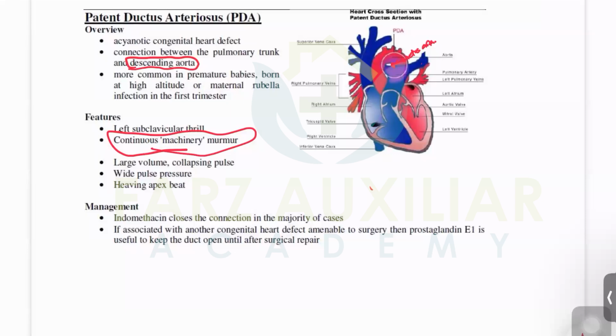Sometimes indomethacin was probably not used or missed, then these cases require a device closure. So we have a butterfly-shaped or dumbbell-shaped device which blocks the PDA from the aortic side. So you go through the